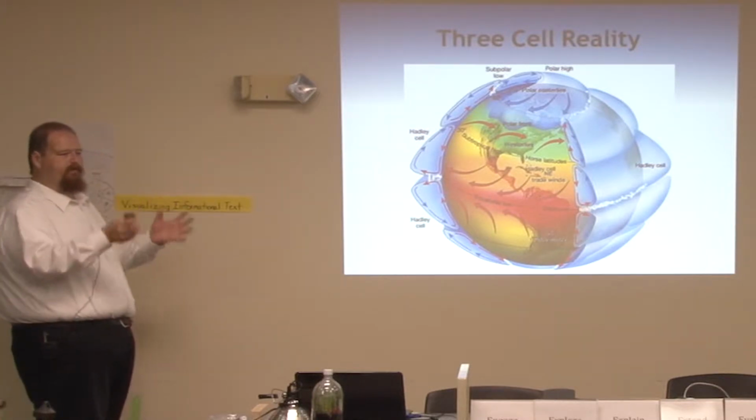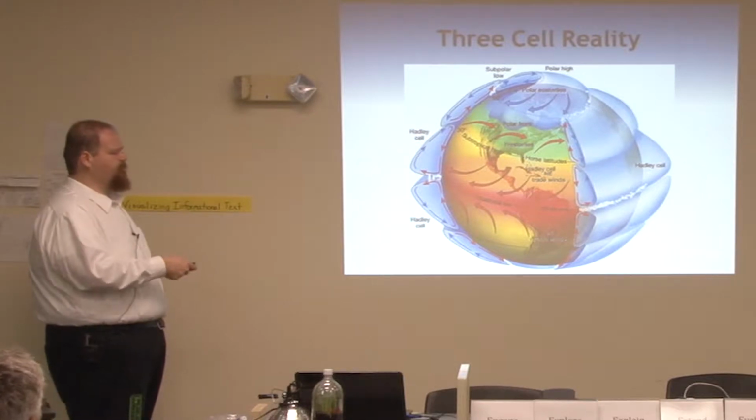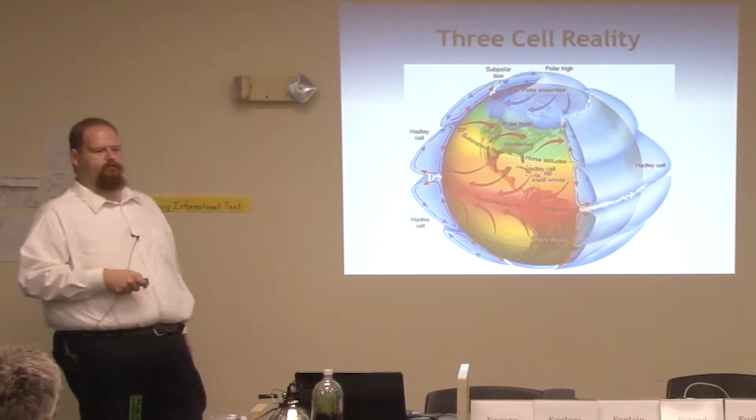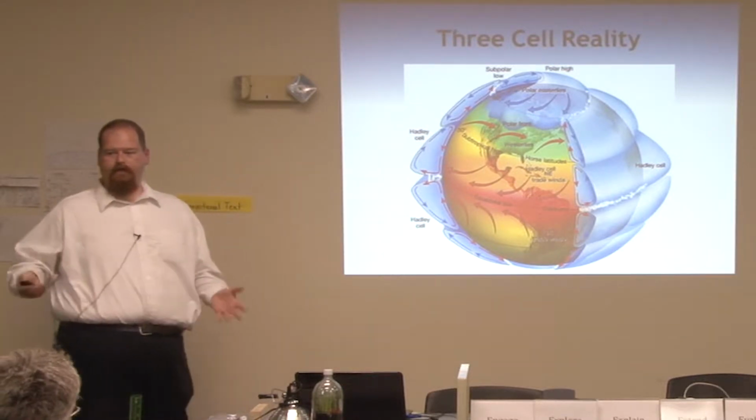And essentially, all of these processes are just trying to equalize the heating. We're trying to take the heat that we get mostly at the equator and in the subtropics and move it toward the poles. We're trying to stabilize or equalize the temperature across the Earth. And that's essentially what weather is.